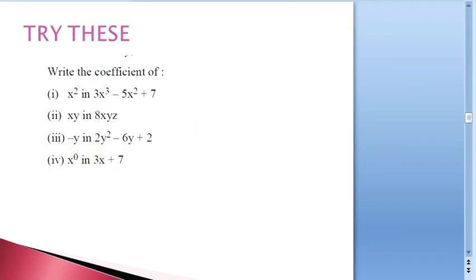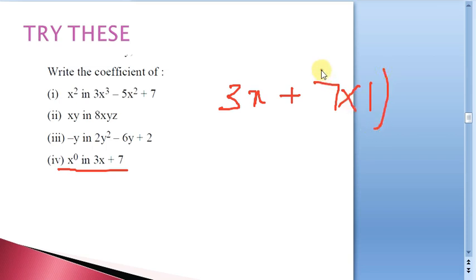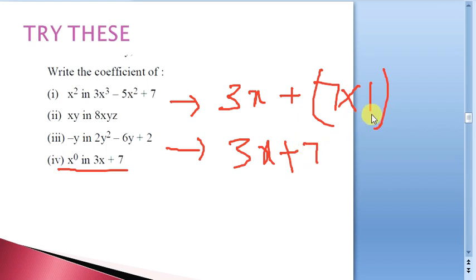We are asked about the coefficient of x power 0 in this particular expression. Now see whatever is given to you, 3x plus 7. Only a constant is there. Can I write it as 7 into 1? Will there be any problem or any change? No. So you just take that as 3x plus 7 into 1. In place of 1, we have seen that x power 0 can be written. I can write y power 0 also, z power 0 also. Any variable power 0 I can write. But our expression is entirely in x's only, so can I write x power 0 here? In place of 1, I am writing x power 0, because the value of 1 can be taken as x power 0.